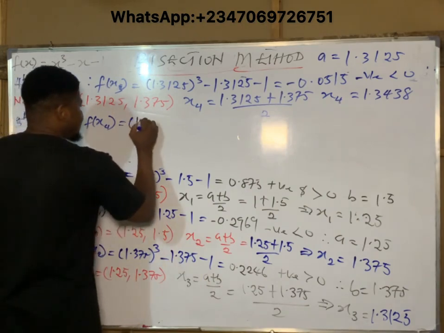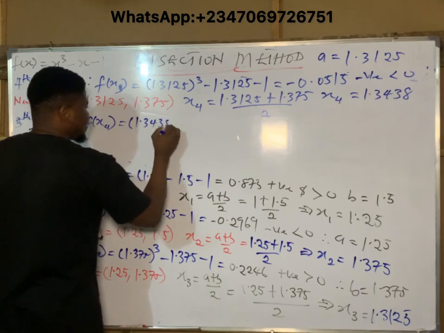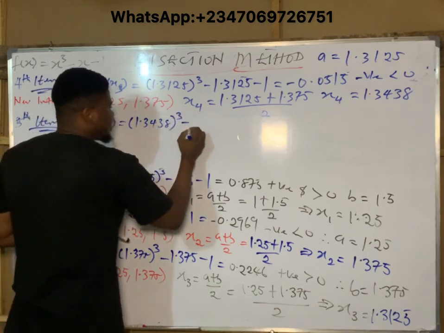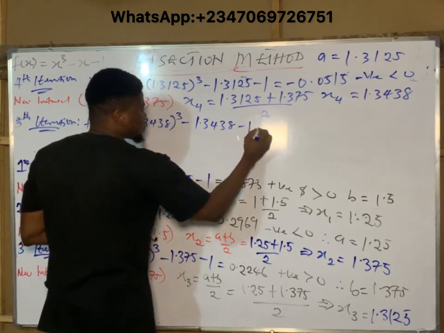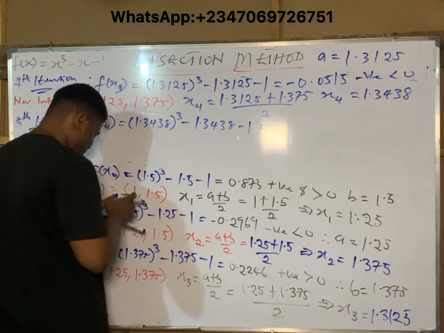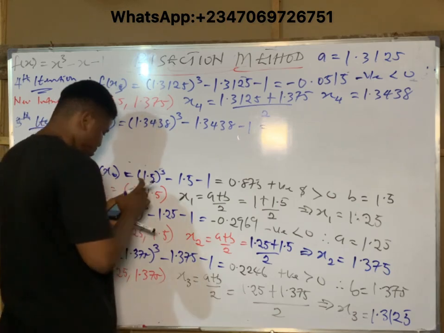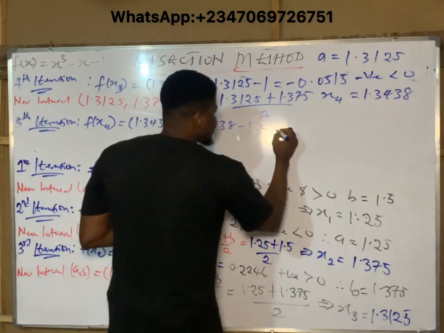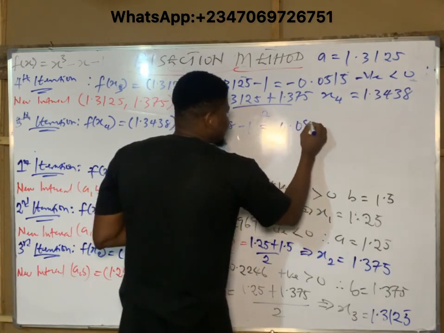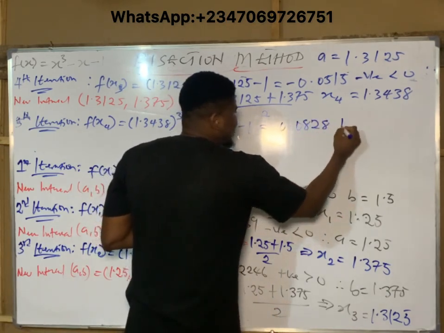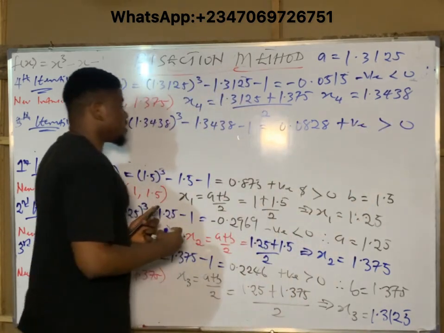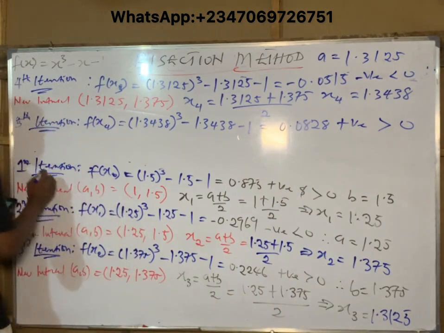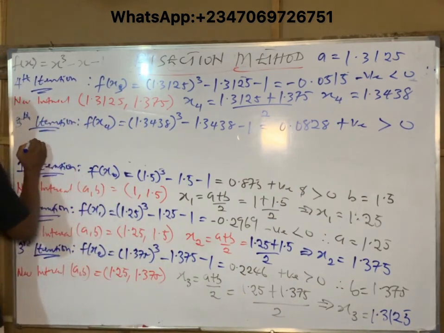So we have 1.3438 to the power of 3 minus 1.3438 minus 1. So let's see what this gives us. This gives us 0.0828, and this value is positive and it is greater than 0. So if it is positive, this simply implies